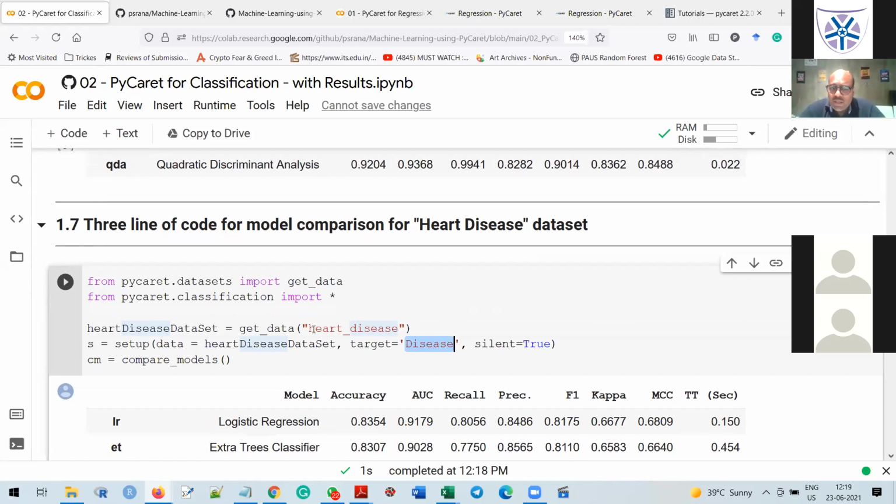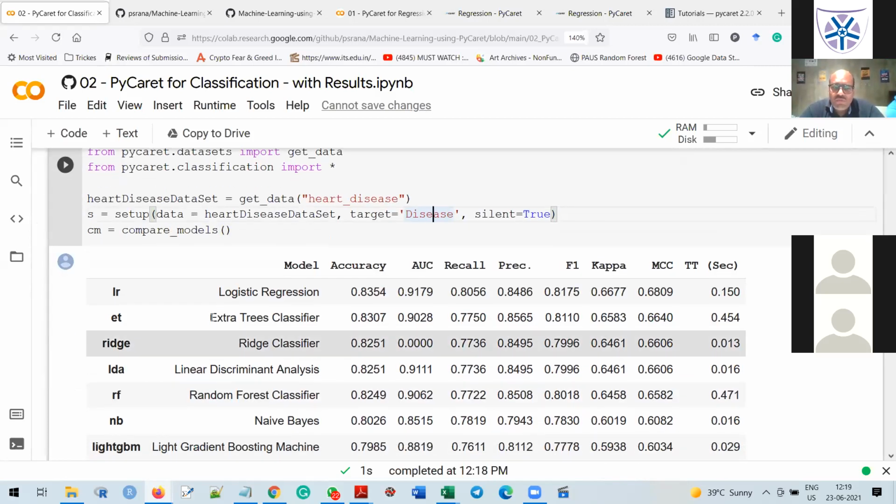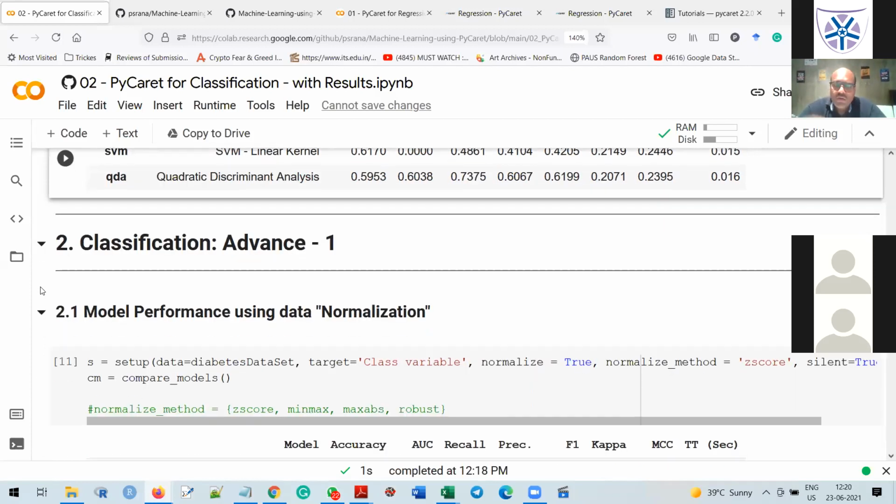So I am just importing the data set heart_disease. I am setting the parameters, running the models, and you will find this time my logistic regression gives me the highest accuracy of 83%. So this is all about running PyCaret in just 3 lines of code.